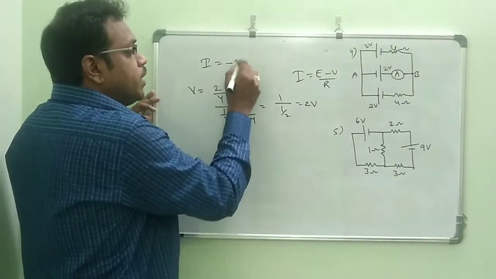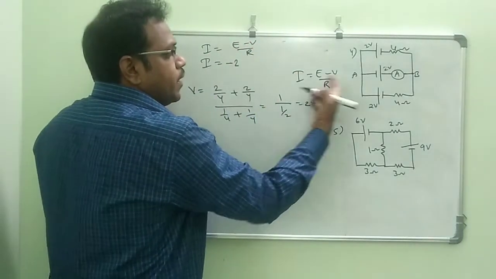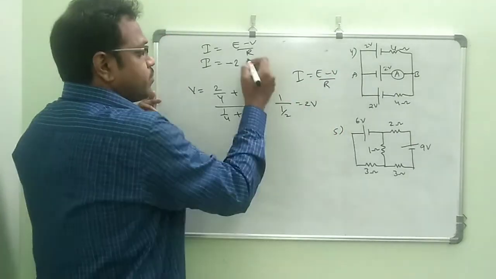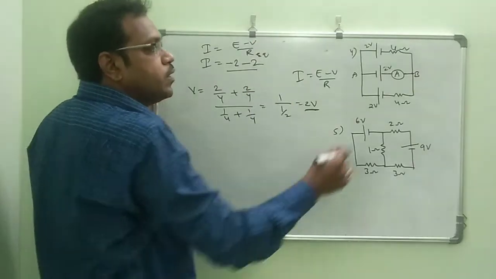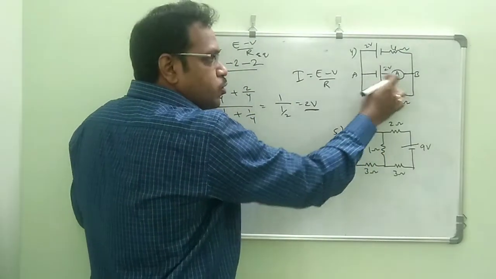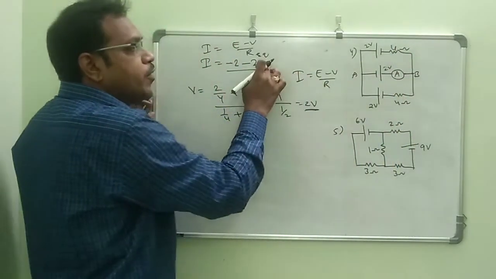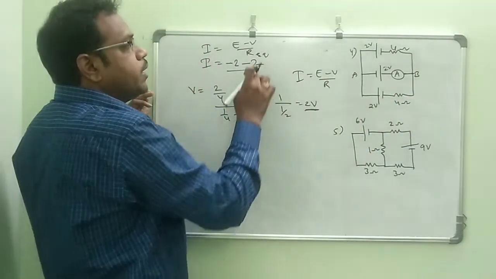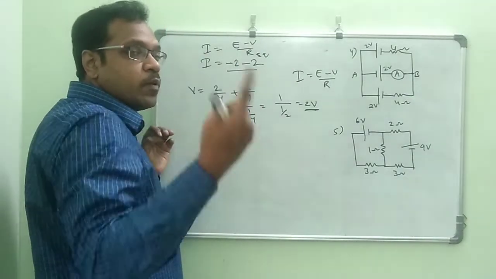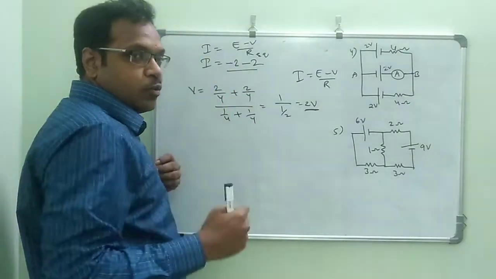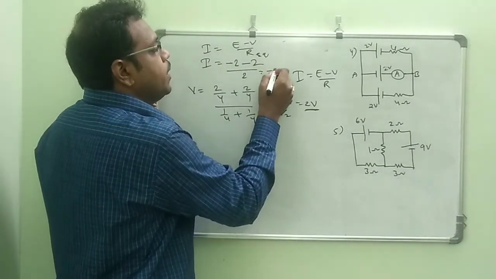So we got this. I is equal to E minus V by R. What is E? Minus 2, because it is in the opposite direction. Minus the common potential, which is 2. And we need to use R effective between these two alone, because there is no resistance here. For this type of problem, we take the parallel combination, that is R effective of these two resistors. 4 is in parallel with 4, so 1 by 4 plus 1 by 4 gives 2 ohms here. So 2 ohms, and you get minus 2 ampere.